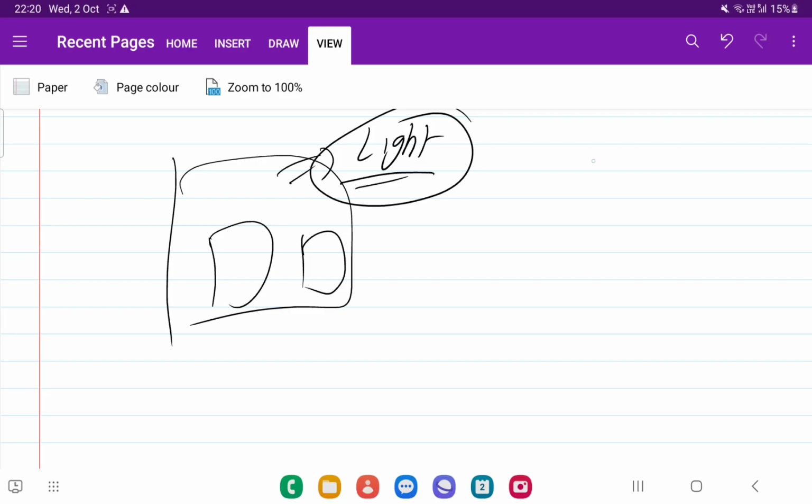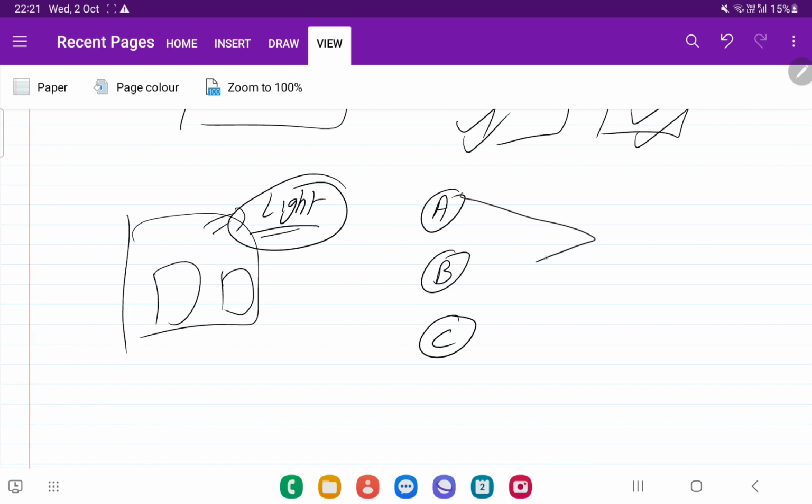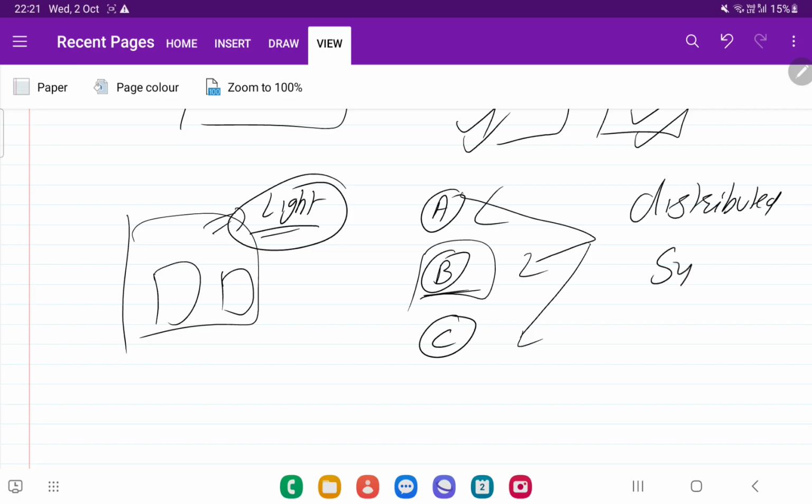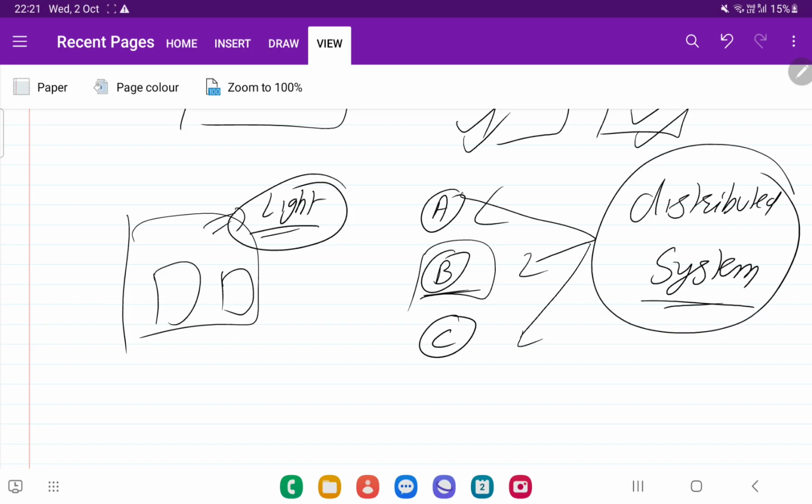Let's say one branch will be at location A, another branch at location B, and another at location C. So pizza will be delivered from branch B if they are asking for it, and let's say there is no electricity at branch B. What we can do is redirect the customer to our branch A. So this is known as a distributed system. What we are doing basically here is having a restaurant with multiple branches.